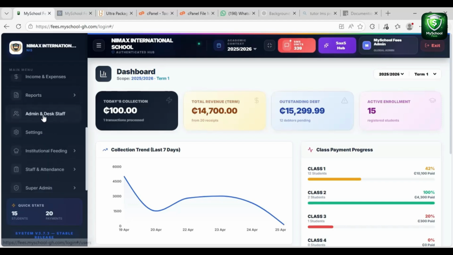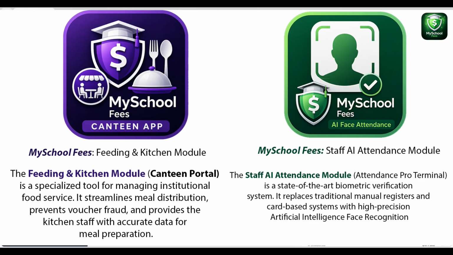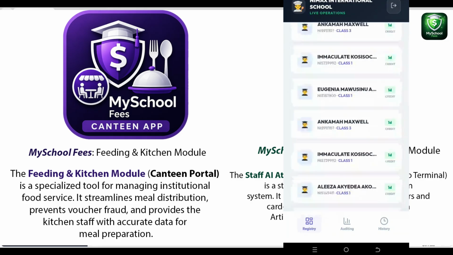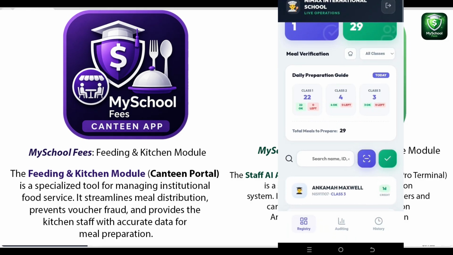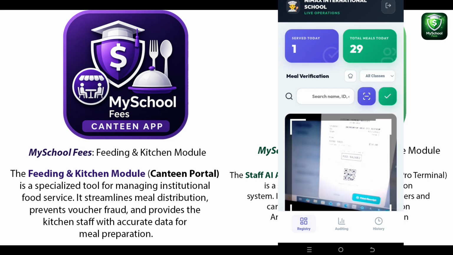We'll also be looking at the admin and desk staff, settings, and also other modules which are in the application but need to be activated by the school if you want to use them. So we have the institutional feeding fee, which is also known as the feeding fee. In our next video, we'll be talking about the feeding fee aspect as well. We also